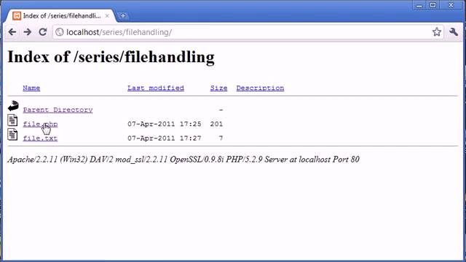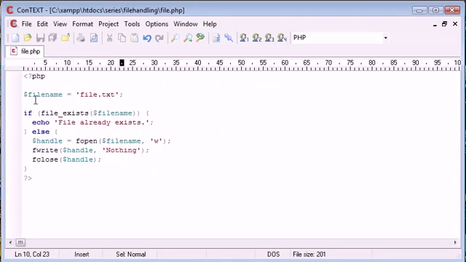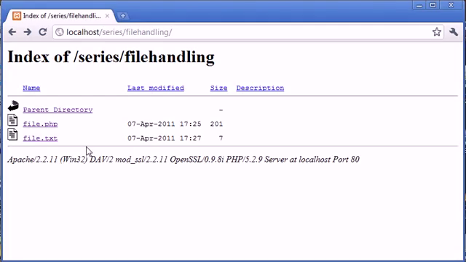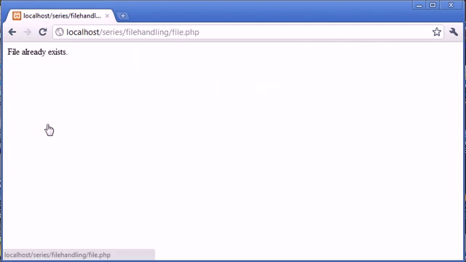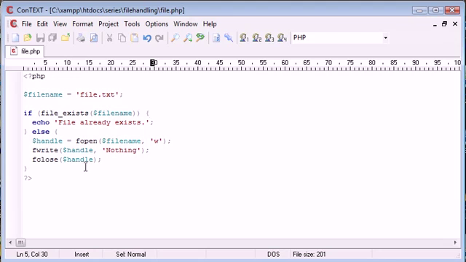Now when we enter file.php for the second time, what we're now doing is we're checking if the file already exists, so if file.txt already exists. So now we can see if this function is properly working. Well, we already know that it's working because we've run the second block of the if statement, but let's go and check it anyway. So it says file already exists. So this is the file exists function in PHP. Really useful, like I said, when you're handling file uploads and you want to check if a file name already exists, just to ensure that you don't overwrite